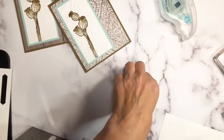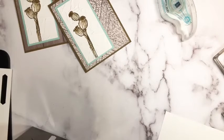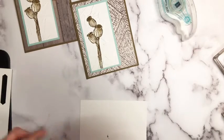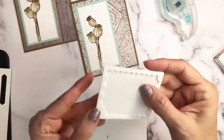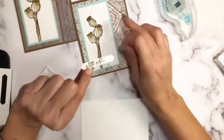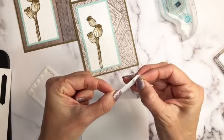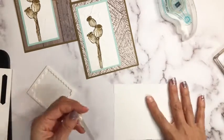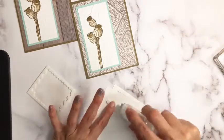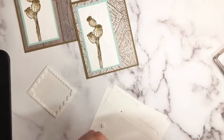And then to adhere to the front of the card, because there's a little bit of dimension there, you're layering on top of layers there, I took a dimensional and I put that on the right side, and then I did just regular adhesive on the left side,